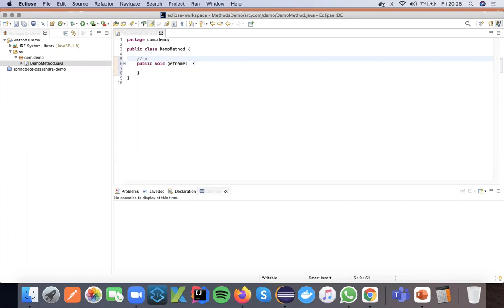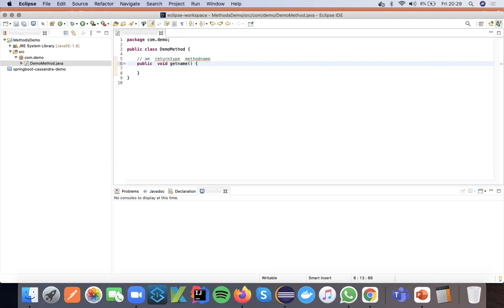The first one is the access modifier, void is the return type, and the last one is the method name. These three parts are important, and this is a non-static method. This is how the method structure would be. When you want to create a method, it should have the access modifier, the return type, and the method name. Is the access modifier important? Without an access modifier also you can create the method. It is not important, but recommended.